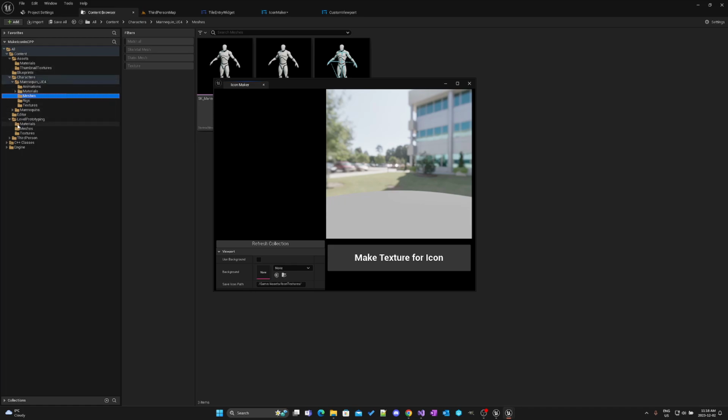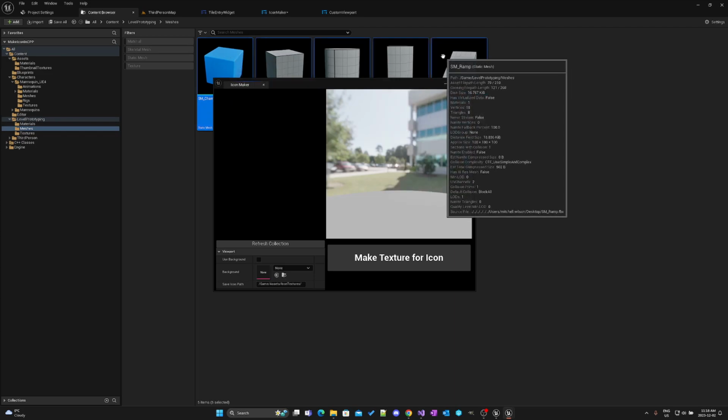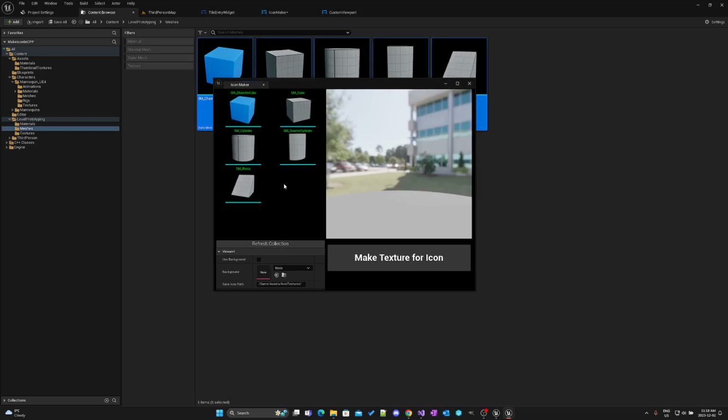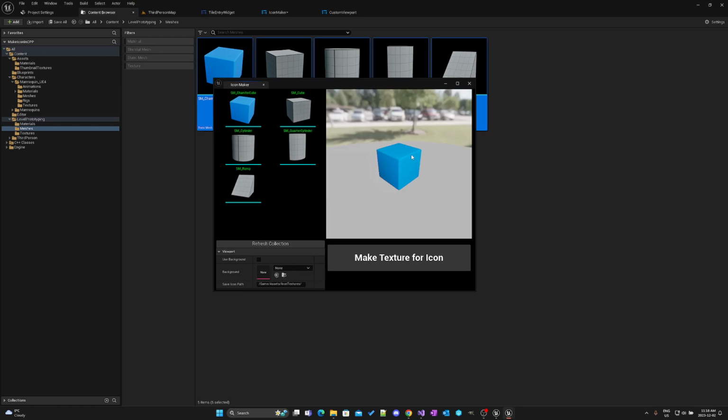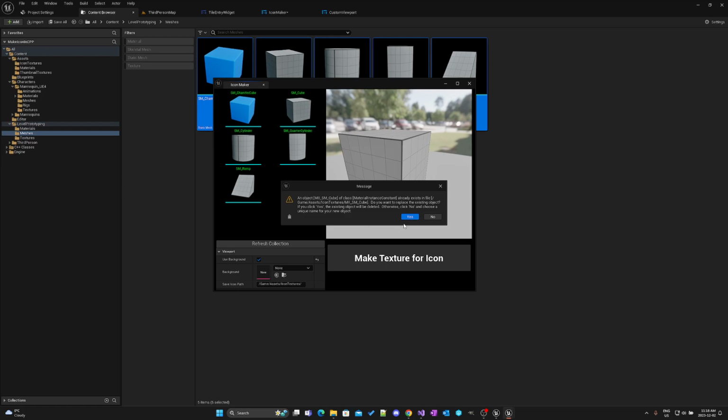So here's a bunch of static meshes. So I can refresh it, and you will be able to now adjust them and create them and find another one and create them. And if you want to use a background with it, you can create,